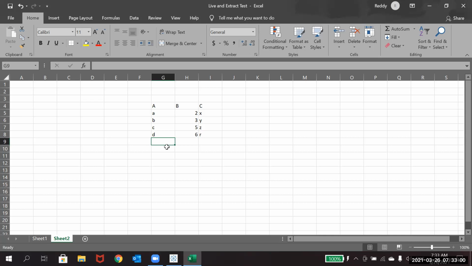Okay, so this is the actual data set which you have already taken the extract of. Let's say you are adding a new line item, which is based on column B. Let's say this is the serial number, and based on this you are adding the data.